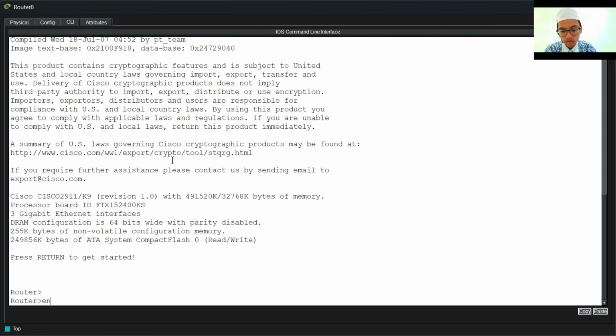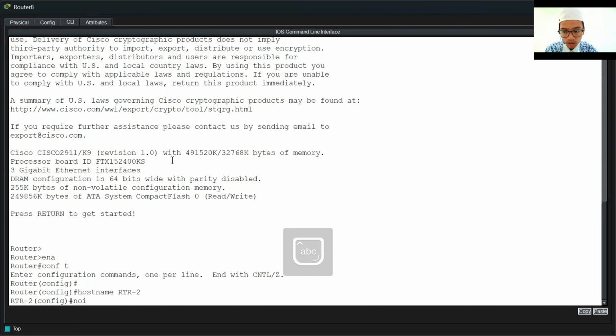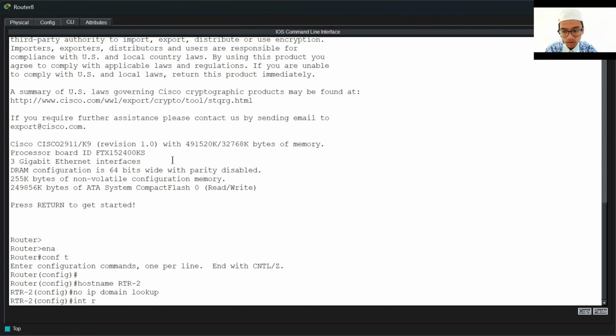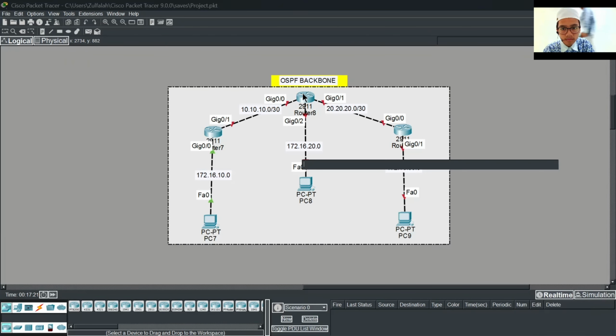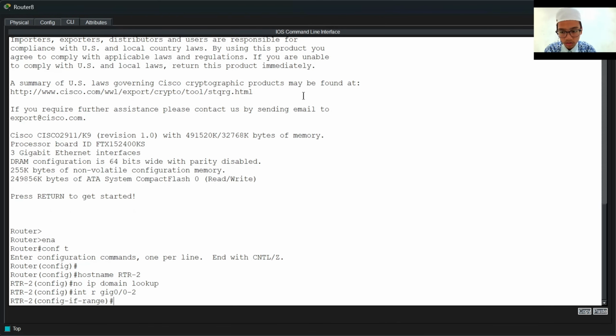Enable, configure terminal, set the hostname, then no ip domain-lookup. After that we turn on the interfaces, gigabit 0/0 until 0/2, and then no shutdown.